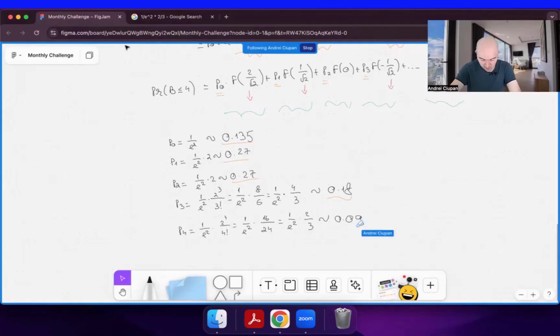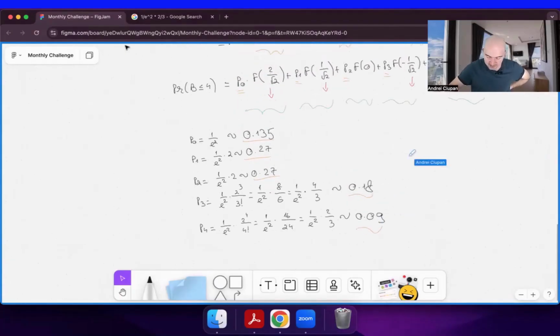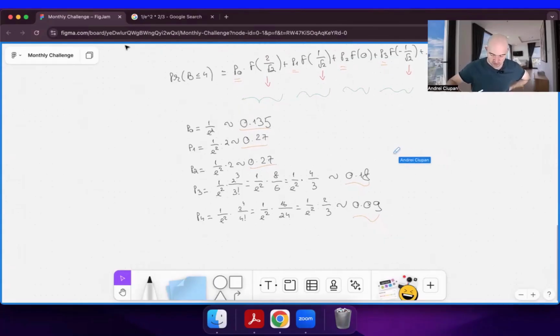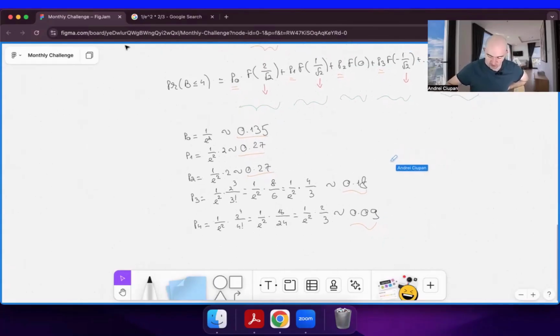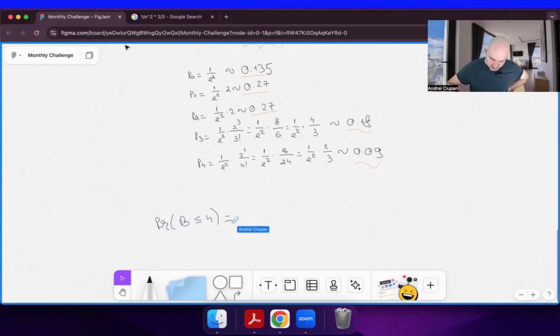Excellent. So we have an approximation for the first 4 values. This means that actually all the probabilities are bigger than these values, right? We saw that together when we put it in the calculator. So the probability that B is less than or equal to 4 is, instead of P1,